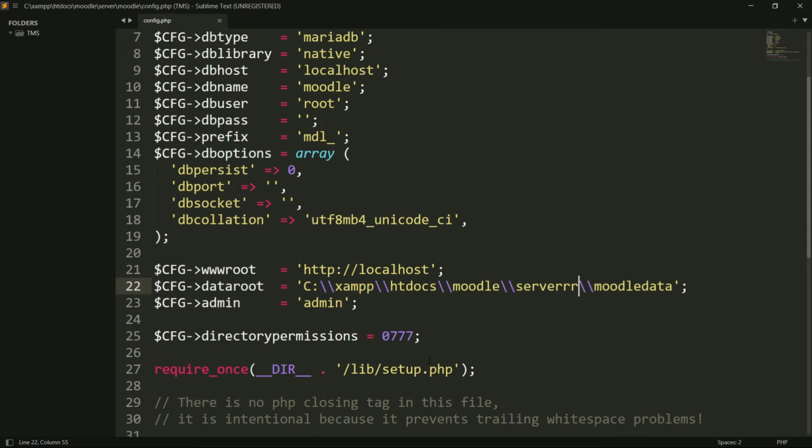Here you can see on line number 22, you have to search for this variable, the $CFG->dataroot variable. This is the cause of the error, and you have to check this path properly. You have to provide this path properly. So what is this path?